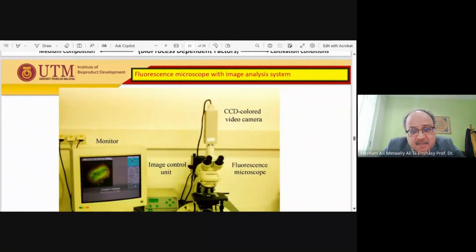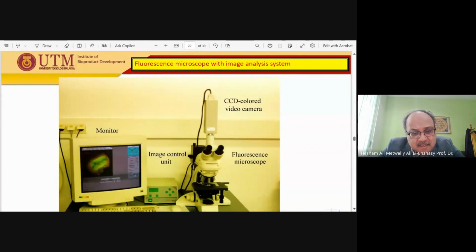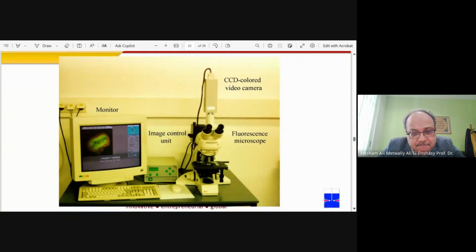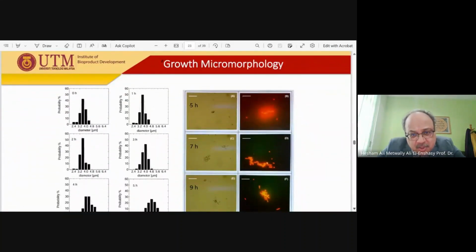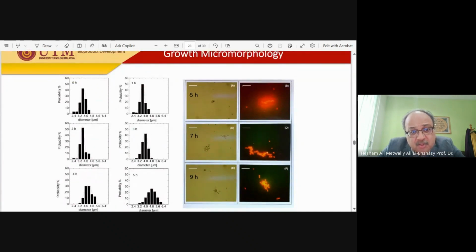Then I use fluorescence microscopy, a very simple fluorescence microscope with an image analysis system and a monitor, and look for the biopellet structure. We follow growth micromorphology: how the spores germinated and how they swell. Here, for example, we look at 0 hours, 1 hour, 2 hours, 3 hours,